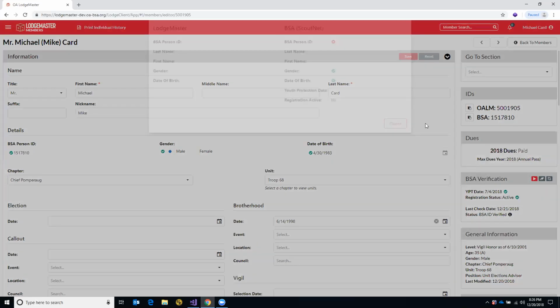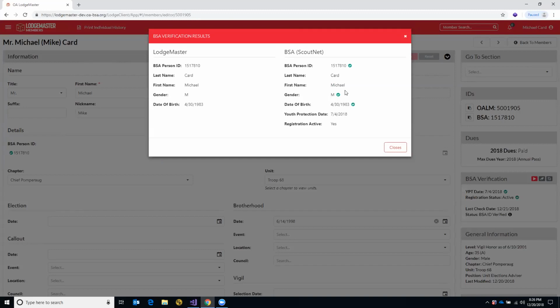If I click the little info button there, it'll actually bring up the information that came back from ScoutNet. So you can see we had a match on the BSA person ID, match on gender, match on date of birth, and because of those three fields matching, we're going to pull in the youth protection date and the registration status automatically. One thing to note, we aren't comparing last name and first name like the old membership audit system did. Similar to how we built it into the registration system for NOAC, et cetera, we're just looking at BSA ID, and then if both systems have the same gender and same date of birth,